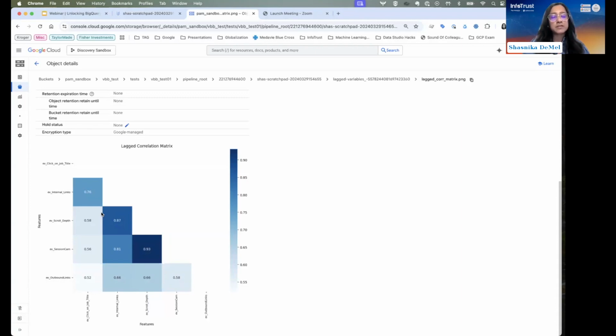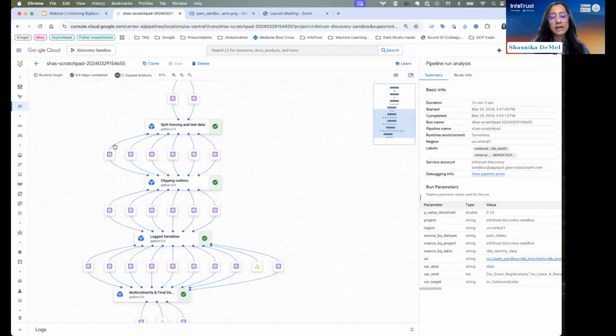So it's just an example of some of the cool features and functionalities that Vertex AI can provide, and something to keep in mind when you are thinking about using Vertex AI to make your models more scalable, but also to be able to utilize it for the ability to refine it and look at every single piece of code and the output of each piece of code that you're building.